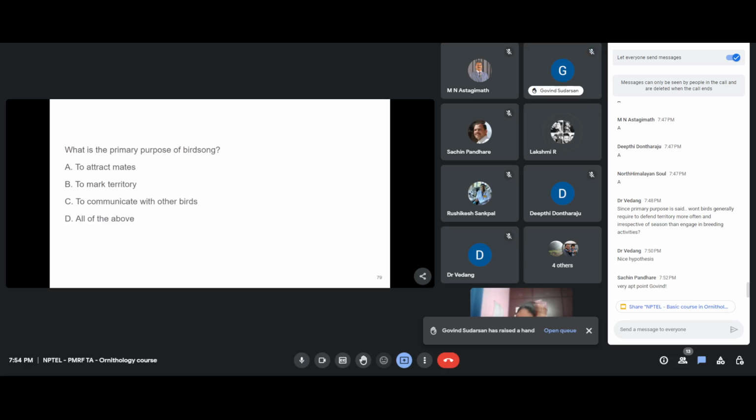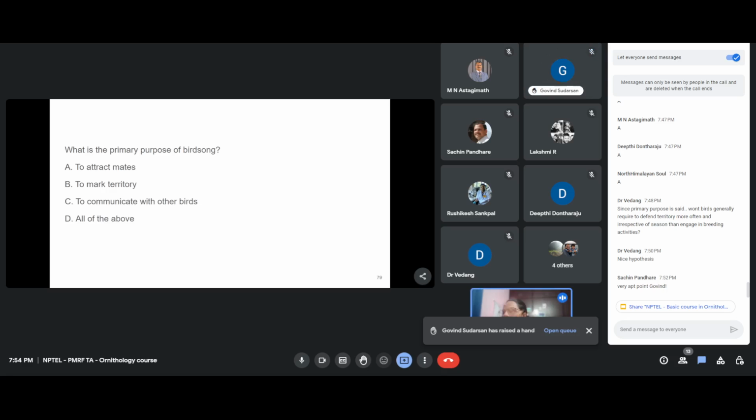Thank you. Okay, so if a bird does not defend its territory throughout the year and does not have a territory in the next year, then what is the purpose of bird song to attract a mate if it doesn't have a territory? How does that work? Well, that wasn't my point. My point was that they simply don't use bird songs to defend territories. They may use some other method. Bird songs are reserved for attracting mates.